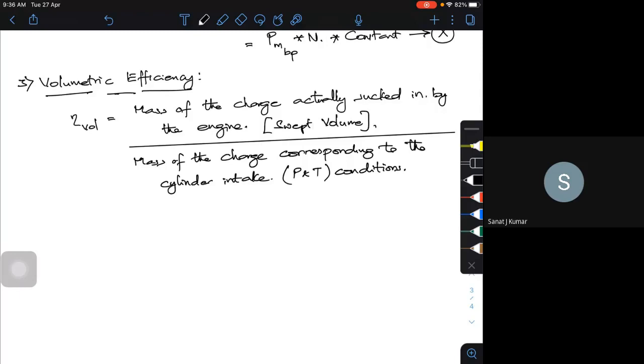So volumetric efficiency is nothing but the volume of the fuel or fuel-air mixture that has gone into the cylinder compared to its maximum capacity. If you take this ratio, we call that the volumetric efficiency. It will be roughly around 90, 97, 98% for any new engine. Okay, fine.